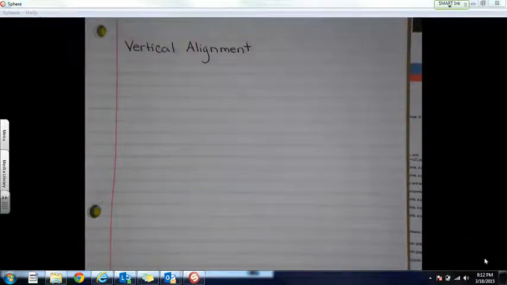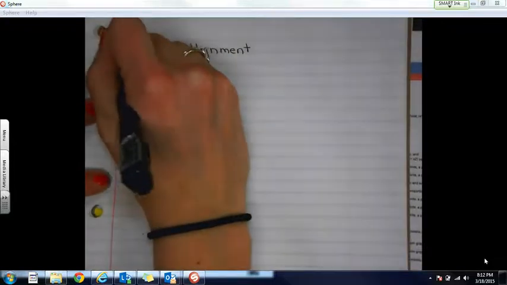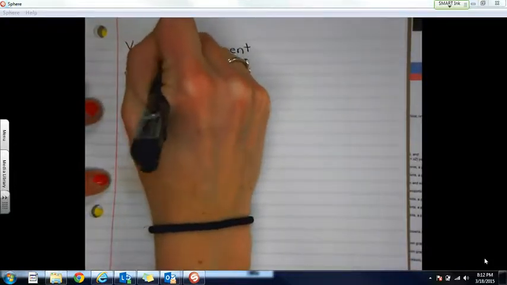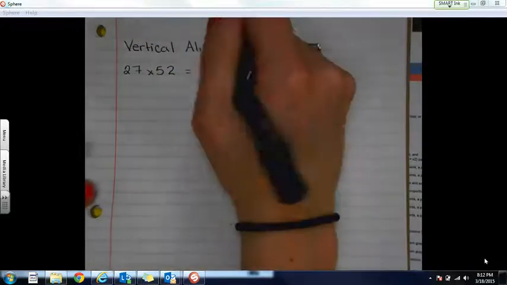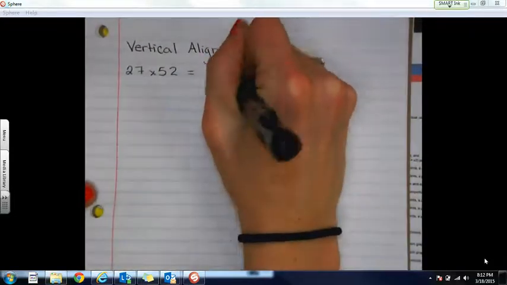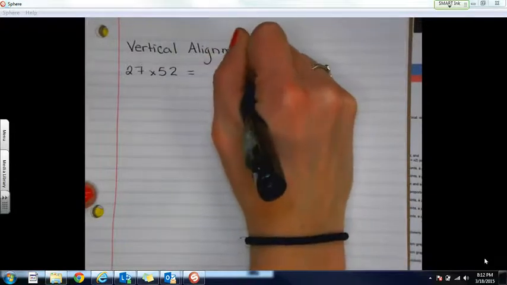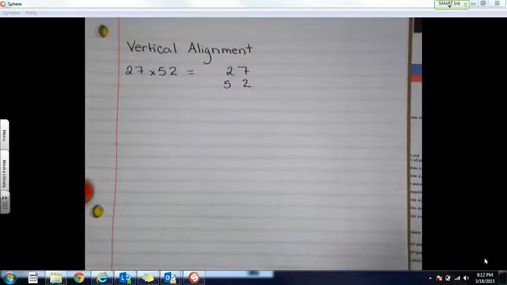Vertical alignment. This method is kind of like multiplying double-digit numbers. So in elementary school, you might have seen 27 times 52. And the way that we did that was we wrote them on top of each other, lining up like terms, but we didn't call them like terms. We lined up our place values,